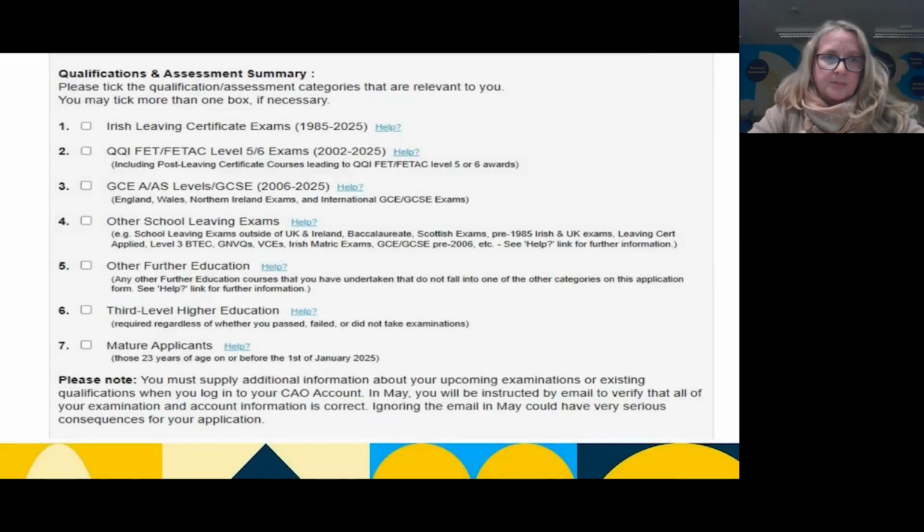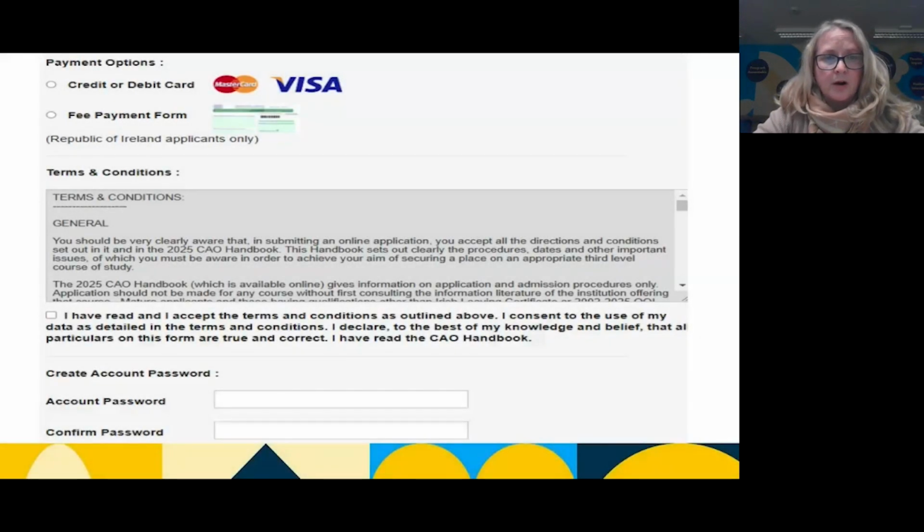And then you will come to this page. So what you want to do then is let them know what level of assessment and qualification you're doing at the moment. So just for example, for now, we'll say that you're doing the Irish Leaving Cert. So you're going to tick number 1 then, but it's important you let them know what exams it is that you are going to do. And then you come to this page where you will be paying, and you're going to create a password for